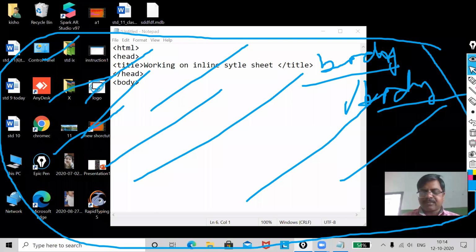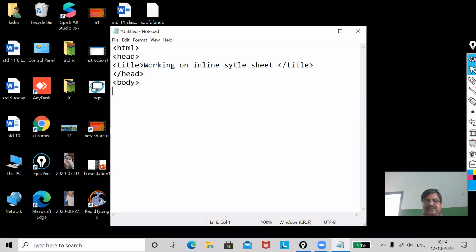So first of all, I'm going to work with the paragraph. Understood? I'm going to work with the paragraph. First of all, you have to know what I have to do with my paragraph. So I will use P. Suppose let me explain first of all the HTML code. And then I will show you how I'm going to change this one into CSS one.